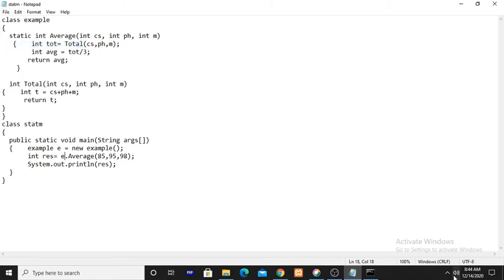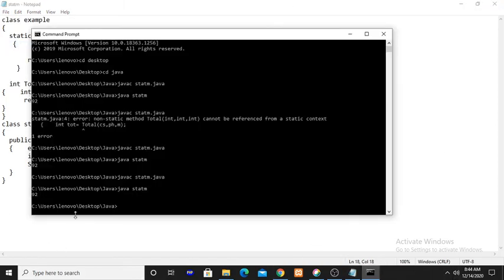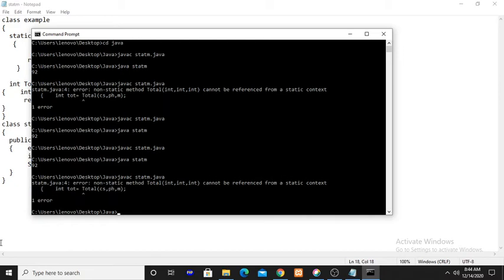First save the program and check the output. So the program is compiled. After the compilation, there is one error. What is the error?